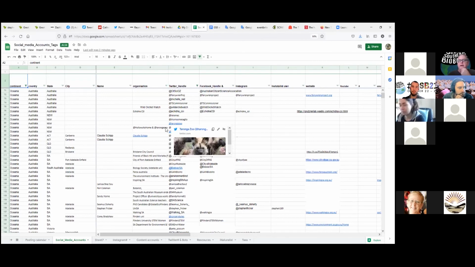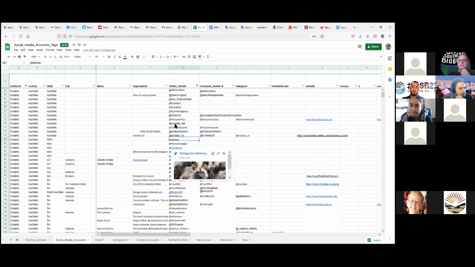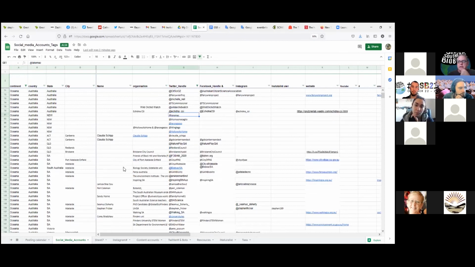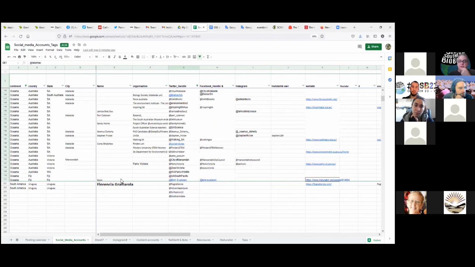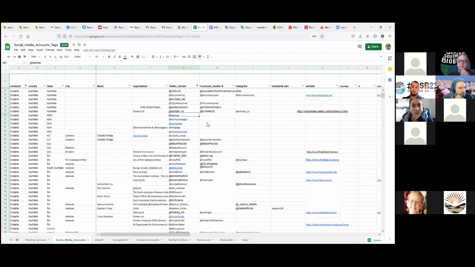But I'll put this on our resources, so you can go in there and just say you want to make a post about Lake Macquarie. You can also look at other New South Wales accounts that you might wish to tag in your Twitter posts, or Australia-wide ones like Bush Heritage or Bush Blitz, if you want to add them to increase visibility of these things. So if anyone wants to add to this database, I encourage you to do so. It just means that we have more options of accounts to include in our outreach.